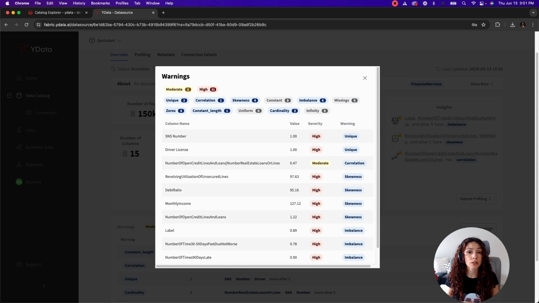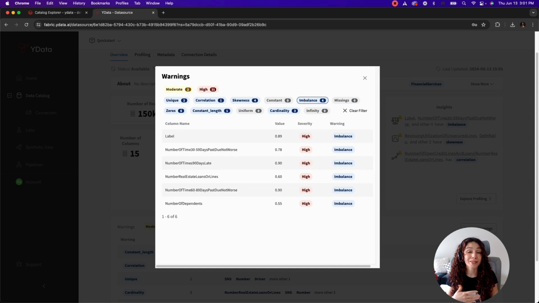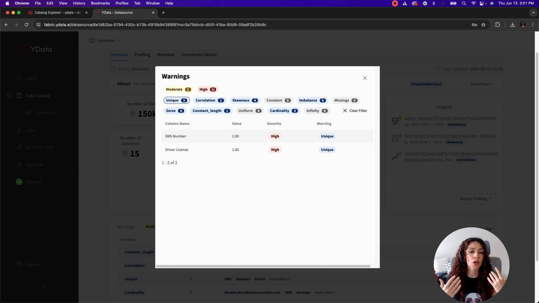We already know that this data set has a label, and one interesting behavior to analyze is whether the label is imbalanced or not. And we can see that it has a high severity of imbalance, which means this is something that we should account for while doing our data preparation. Of course, there are others, like for example, uniqueness for some of the variables, or even in terms of cardinality,